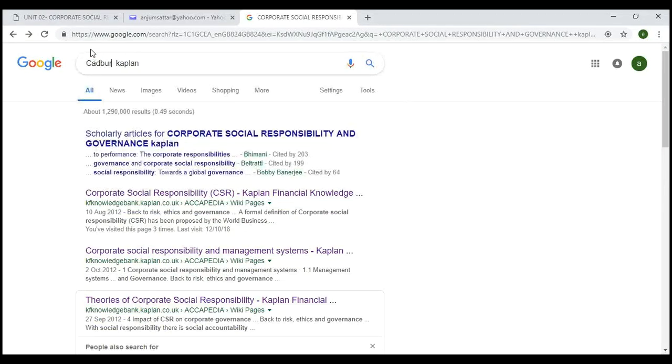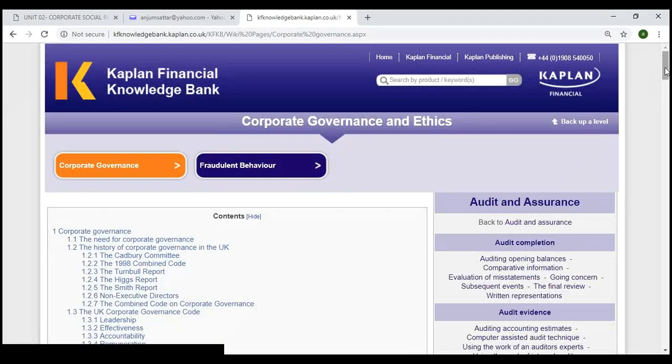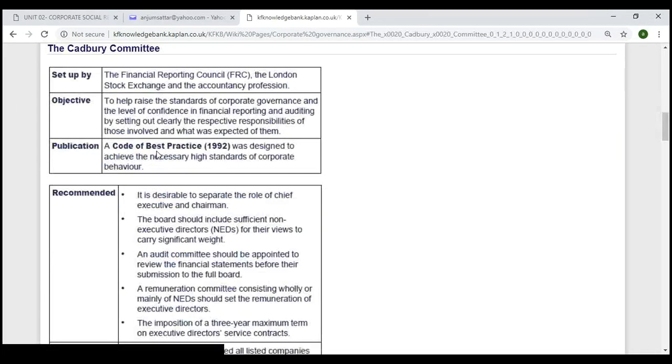So when you search for the Cadbury report, let's say the report on corporate governance, just type Kaplan. There is a lot of discussion on Kaplan, and you will see the Cadbury committee. So these are all the reports. When you look there, click on the Cadbury committee reports, and we need to look around the Cadbury